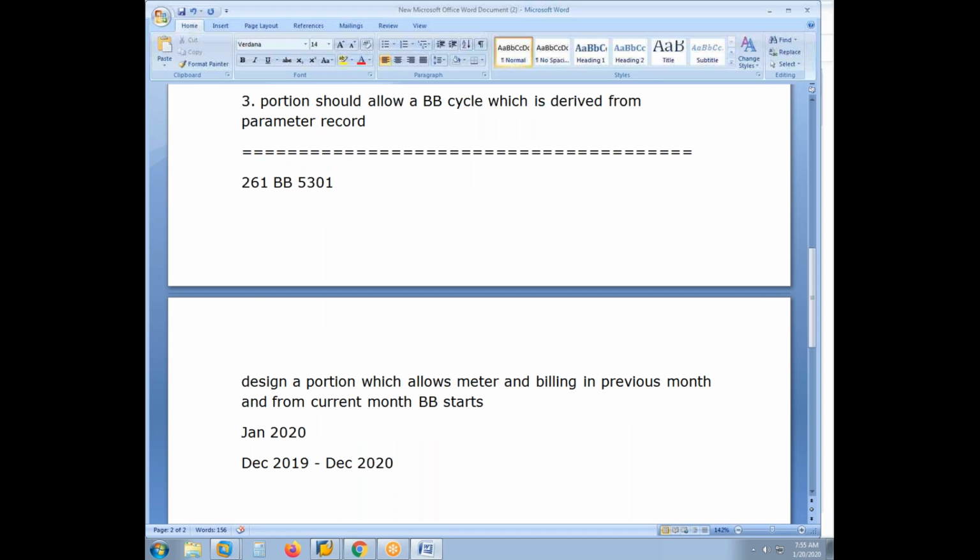So we'll have to create one new portion which has the first billing done in December 2019, and the period of meter reading is going to be 12 months. Earlier you maintained 1 month, but now you have to maintain 12 months. And as you know, when you create a portion, we have to enter the parameter record. Let us see whether our existing parameter record will be able to help us. If required, we can use it. Otherwise, you can create a new one. So first we will go to parameter record,